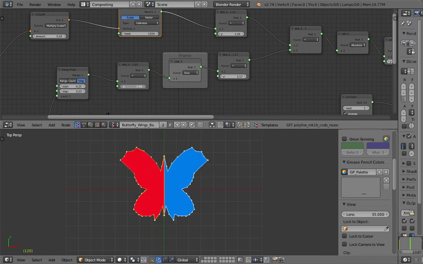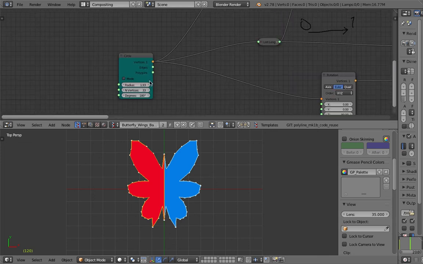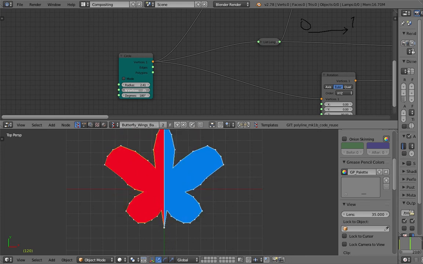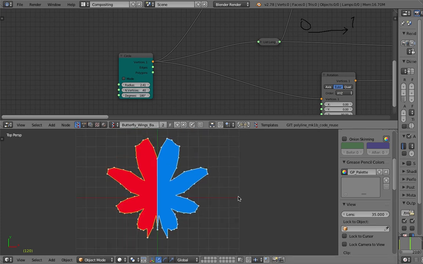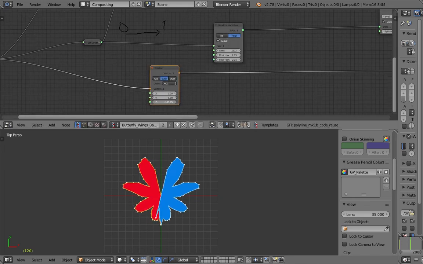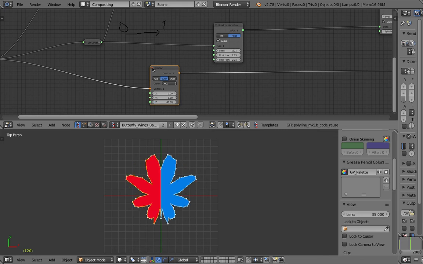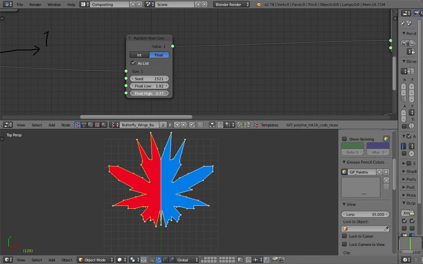We probably only need like 1 or 2 for the frequency here. And we can always go back to our circle and change the number of vertices. Yes, at this point we get something that's a little bit more abstract, but it's really interesting. Oops, we don't need to change that. You can hide it. This is the frequency,